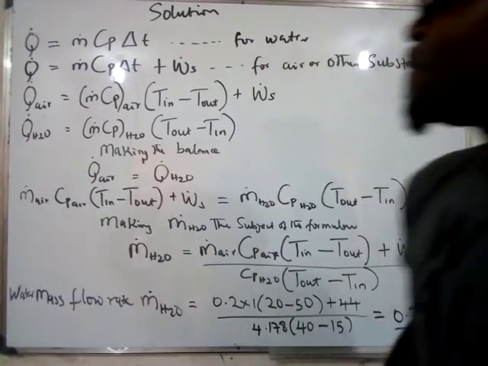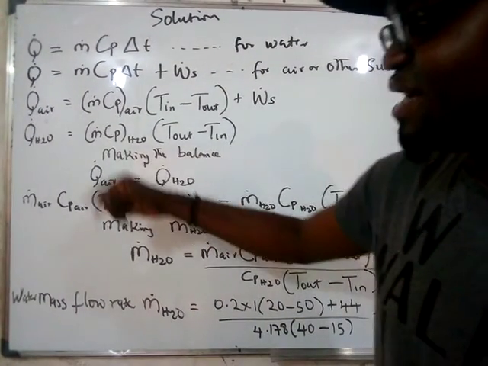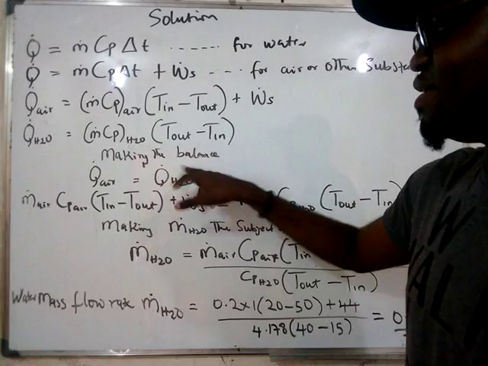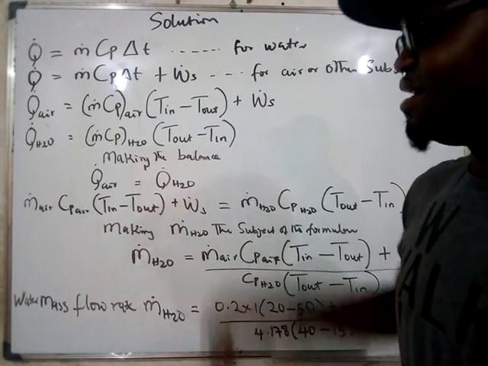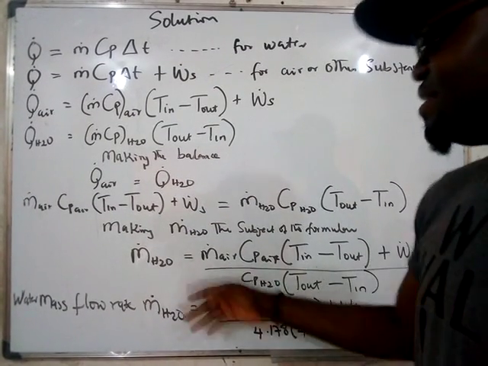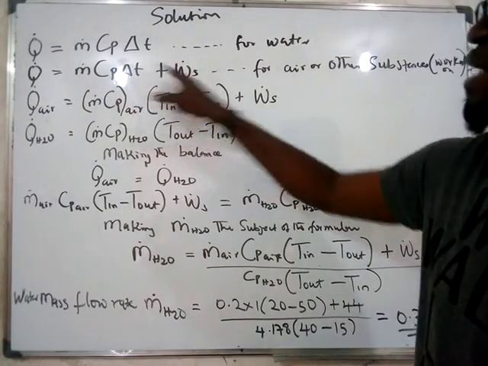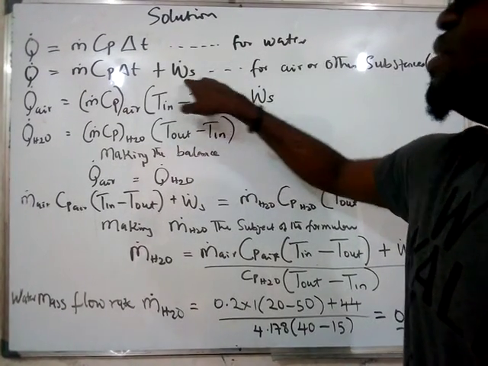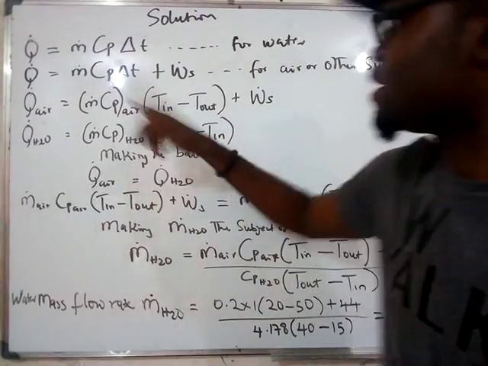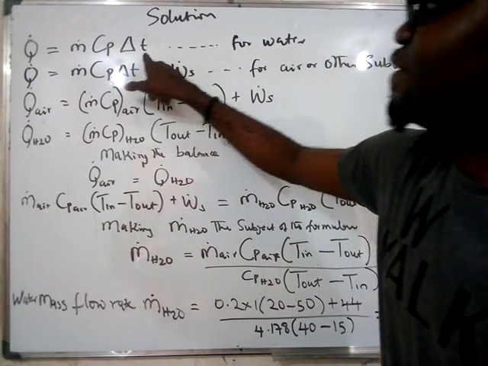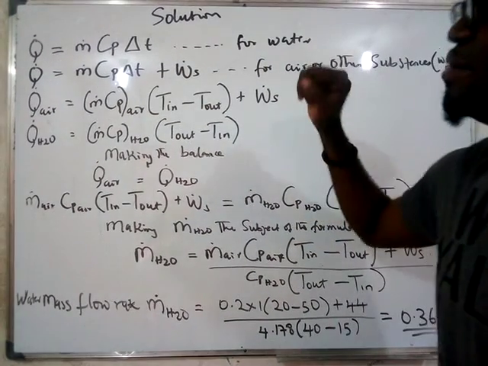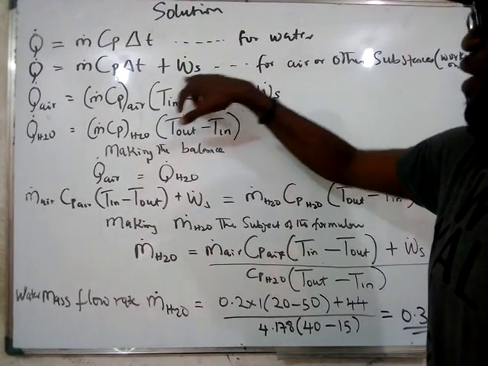Very, very simple. Just total heat given by air is equal to total heat taken by water. Balance it, solve down, knowing that you add up work done, because for the air there is a compressor working on the air, but for H2O, nothing. So this compressor work can always